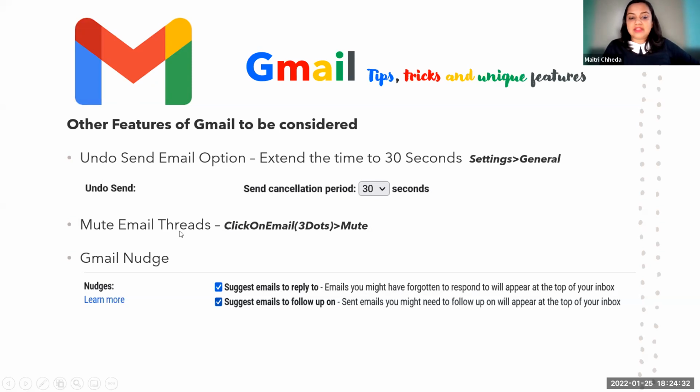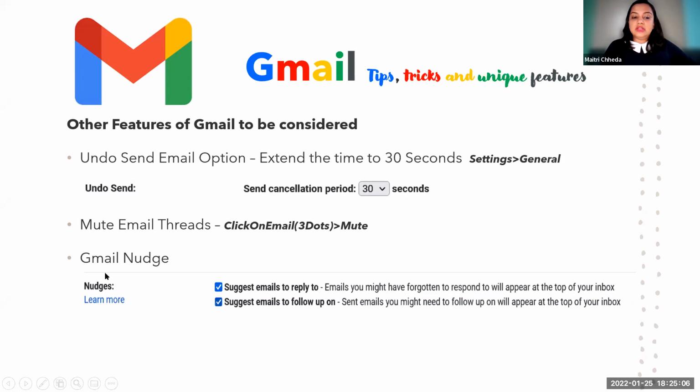You can mute email threads. Click on the email. When you're inside the email, you have these three dots. Click on the dots, you have the mute option. Just mute. Sometimes you are on CC, all the office mails are put on CC to you, and your staff is basically handling everything, and you are really there just for formality's sake. If that is the case, this mute conversation will help, so it will not constantly pop up in your email, and things are done, and you can probably create a filter and put it in a mute box or something.